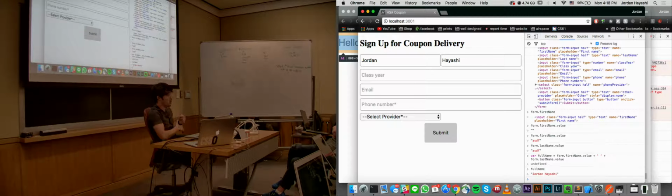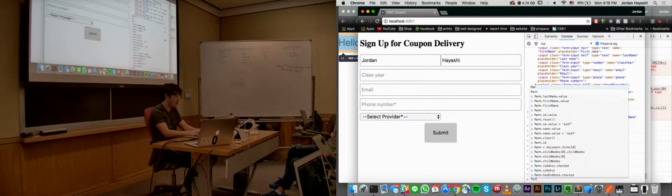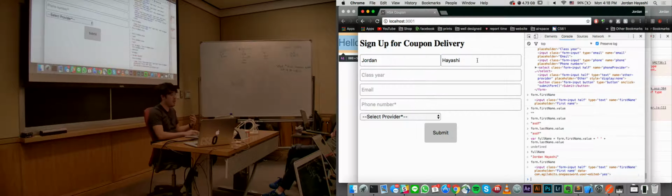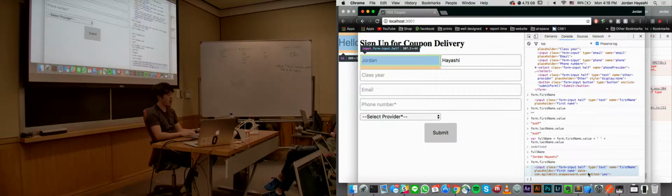All right. So what if we now want to programmatically change how something looks? We can also use JavaScript to target the CSS. So say I want to create a red border around first name. I could do something like form.firstName. And that will get me this input. If I hover over it in the console, it'll tell me it's right there. Say I want to change its style. How would I do that? I could say